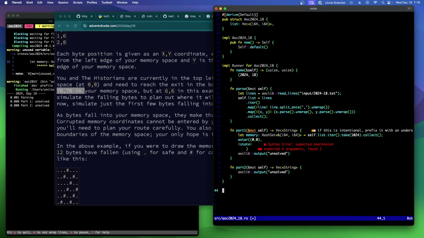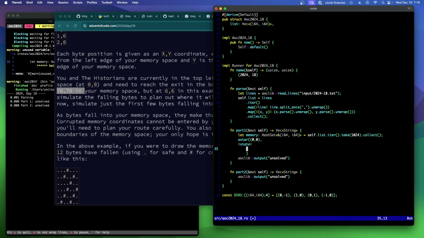And now we need the directions again. I know I did all of this, but this is XY, so now I'm just re-implementing everything. Let's say up. Up is this way. Right is this way. Down is this way. And then left is negative 1x and 0y. So we can generate all of the directions we want to go by saying dirs iter